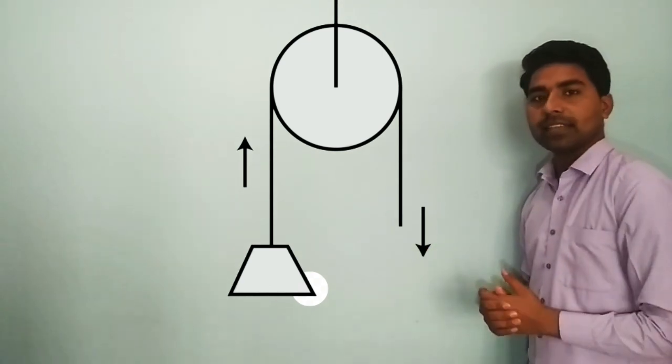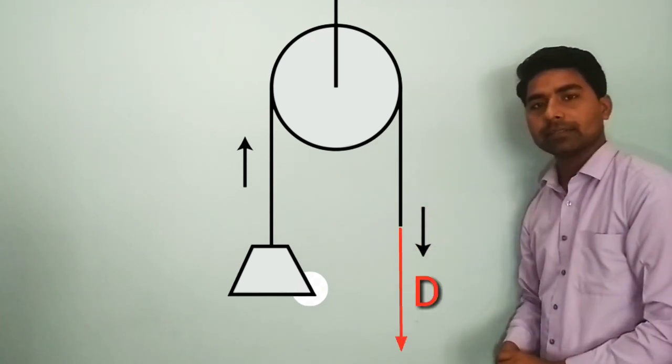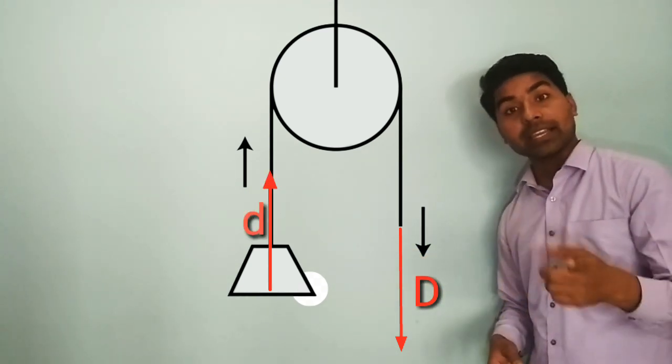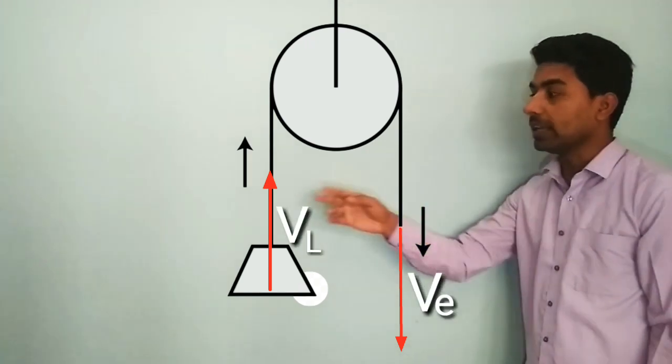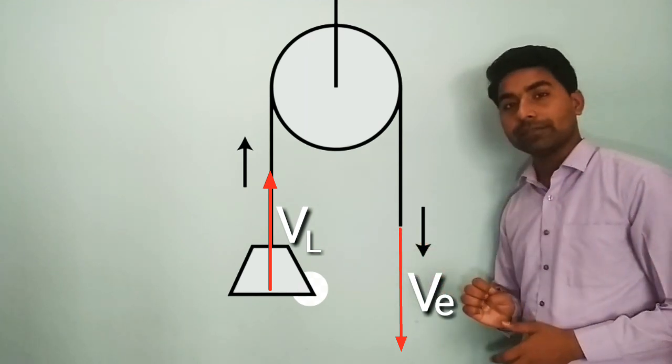And the next topic now is velocity ratio. Again see this example of a pulley. In this example, if I'm pulling that pulley down, I'm moving with the effort by a displacement, suppose capital D, and that load is moving up by the displacement small d. As mechanical advantage was the ratio of load and effort, in the same way, velocity ratio is the ratio of velocity of effort to the velocity of load. But if for both the velocity of effort and the velocity of load the time is the same,